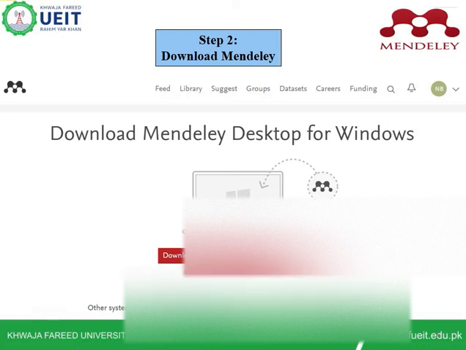In step 2, after you sign up your account, you follow the website of Mendeley where you find a download tab, and you go to that tab where you find download Mendeley Desktop for Windows. You just click on the red icon where the download Mendeley Desktop for Windows is. By clicking this button,